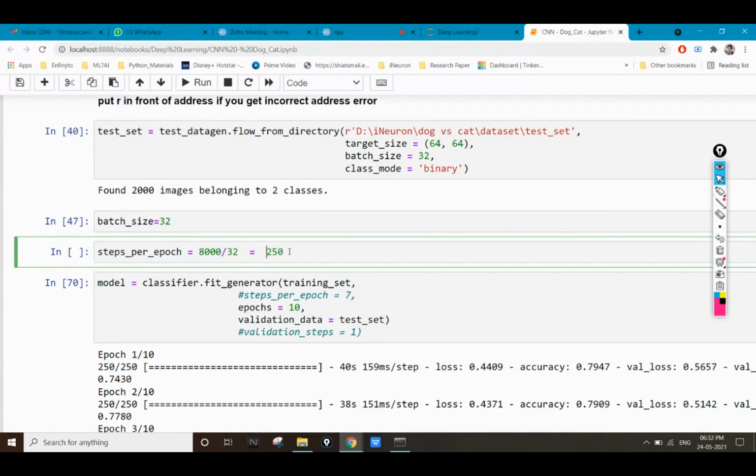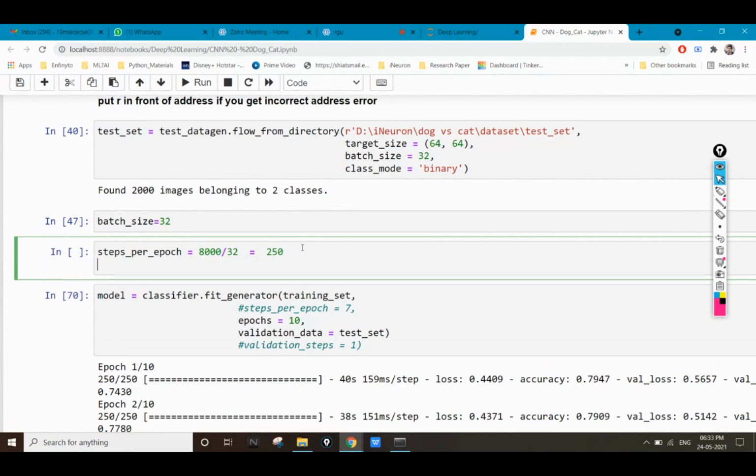The batch size is 32 values, so we are repeating these 32 values 250 times, and in 250 times it will completely send all the 8,000 data. This is steps per epoch.